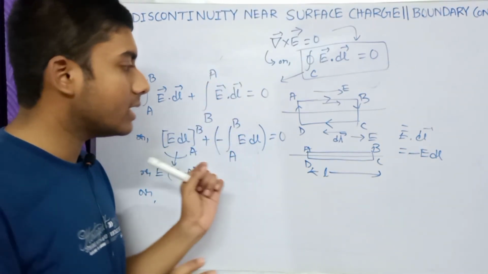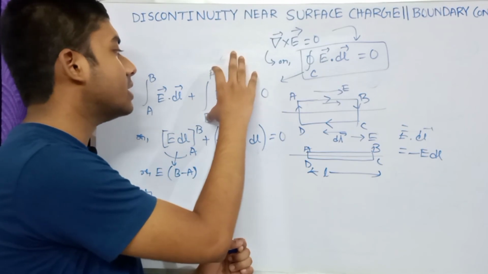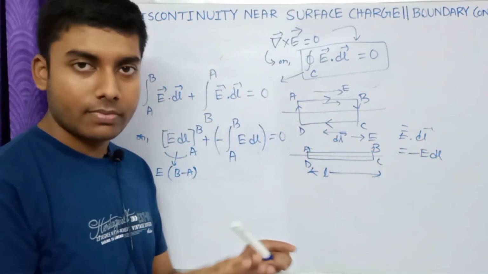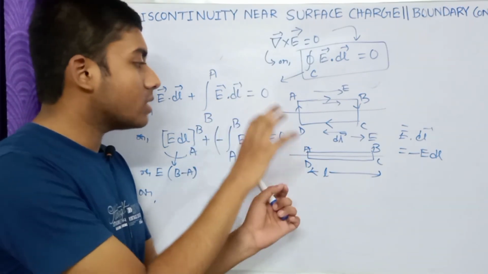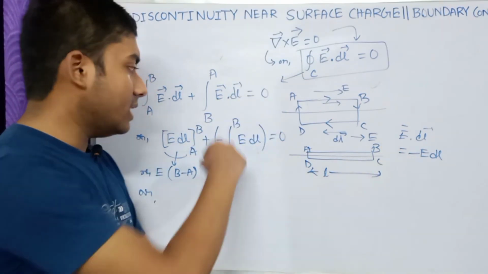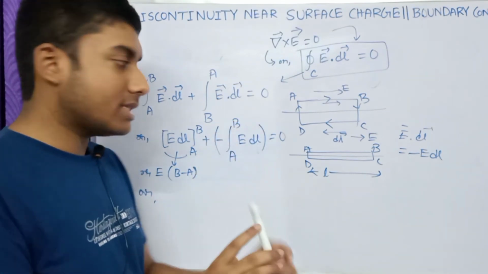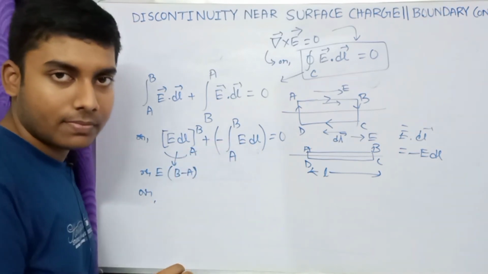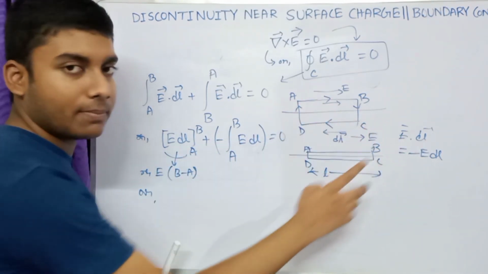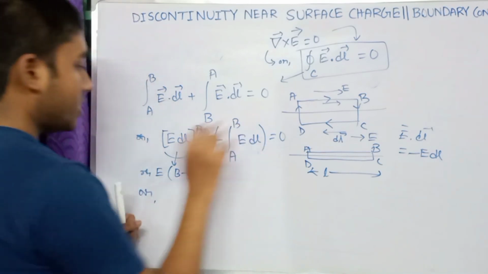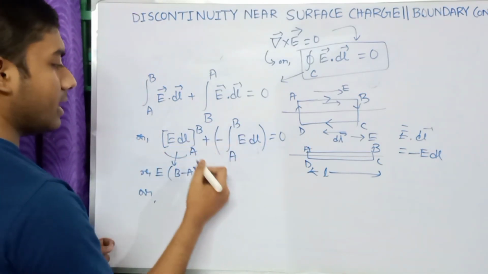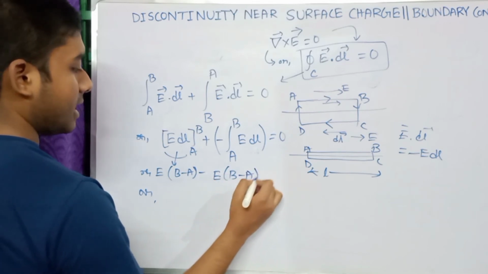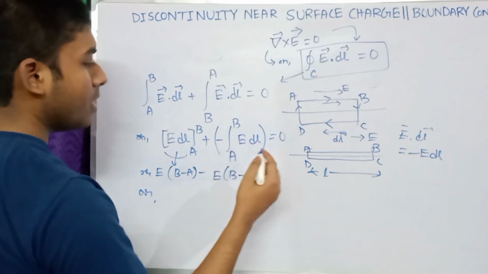I think you are understanding that we are considering the sign in the limit. In this derivation, I am considering the sign in the limit, and that's why I am only writing E dl and not considering the other. So again the minus will be taken outside, and this will be just E into B minus A, like this,